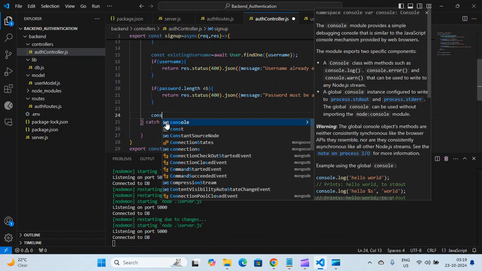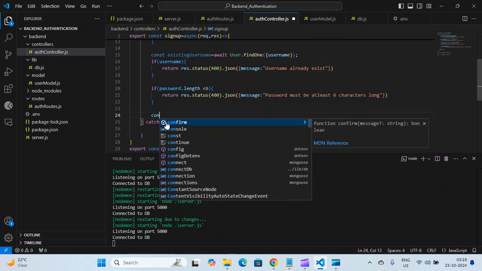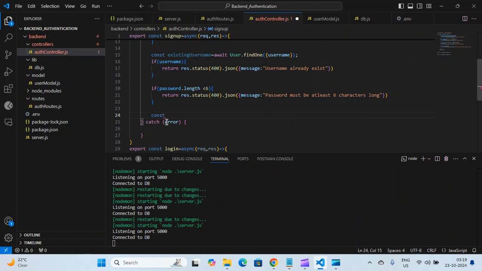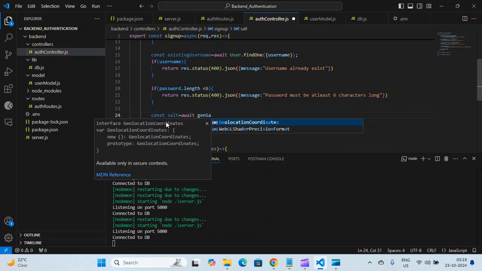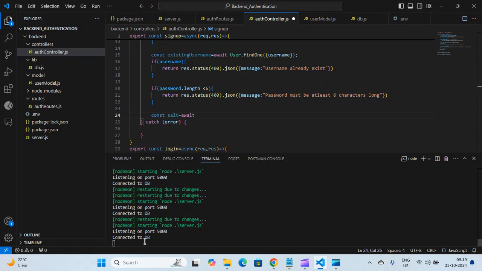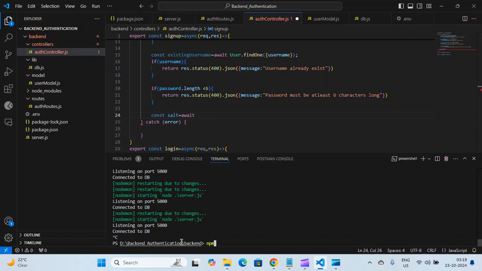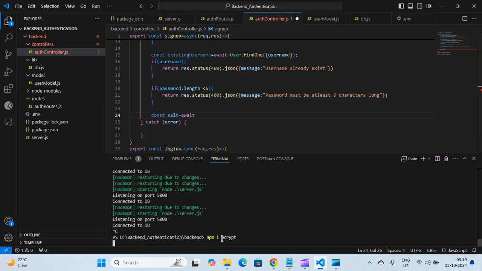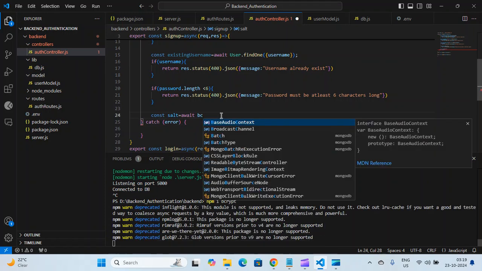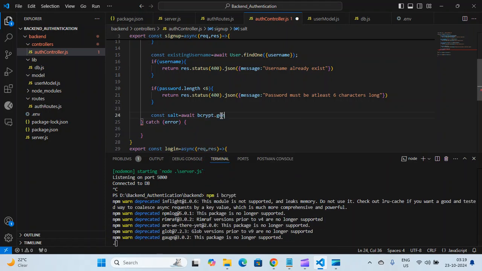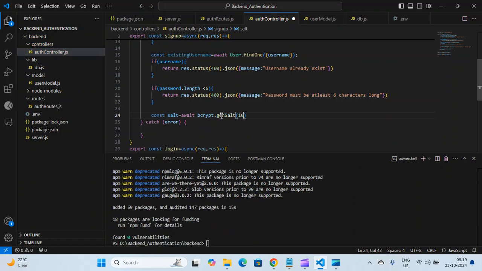So now I will generate the hashed password first. Let me generate the salt first. Const salt is equal to await genSalt. For this I need one npm package. Let me install it. npm i bcrypt. Let me install. In the meanwhile, let me write some code. bcrypt.genSalt with the 10,